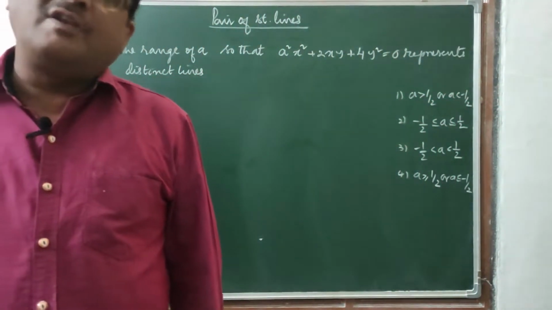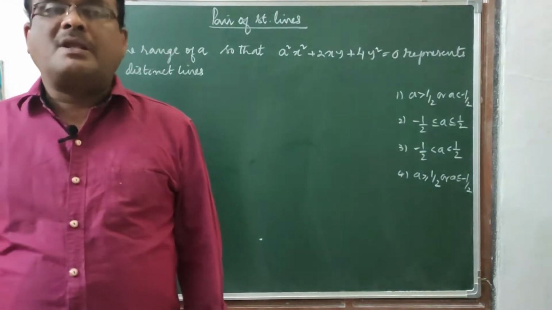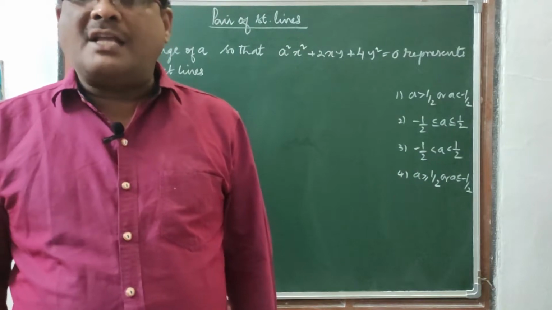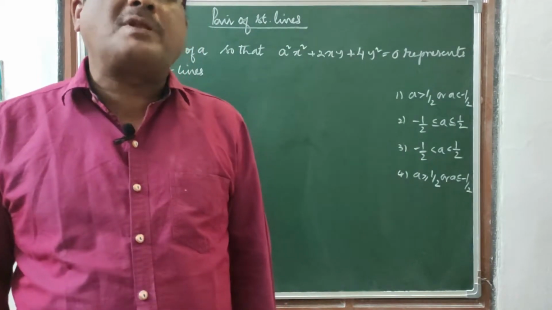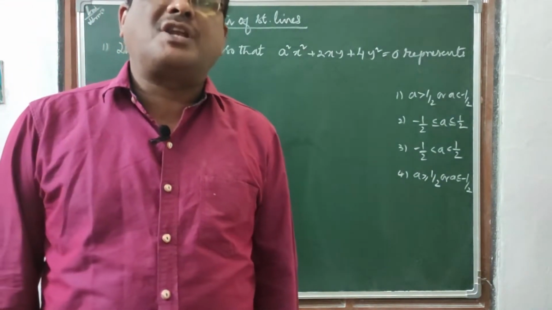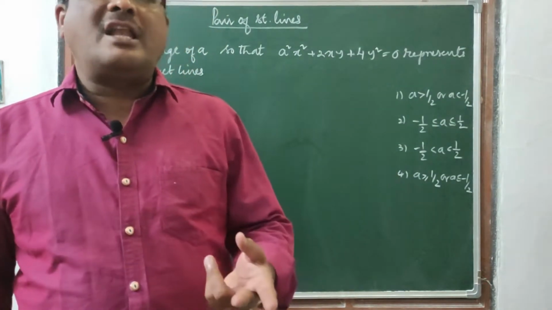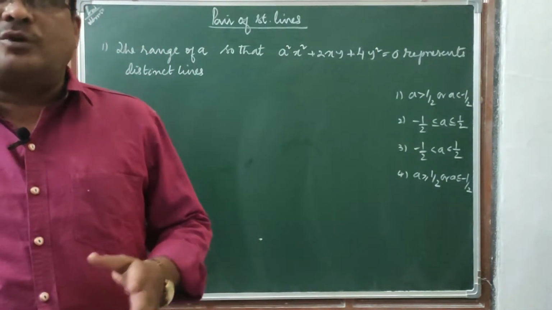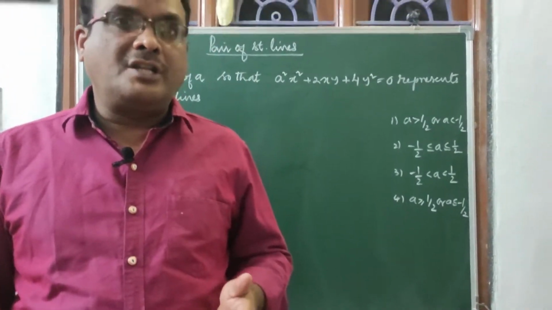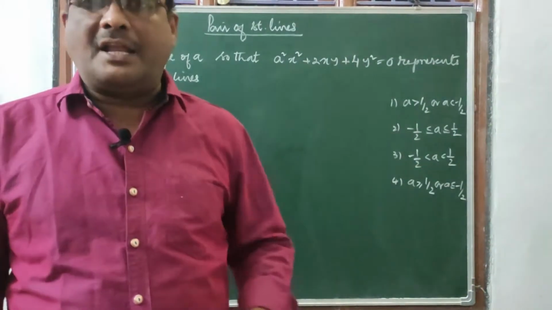By simplifying, we get y² - (m1 + m2)xy + m1m2x² = 0. Rewriting the equation as ax² + 2hxy + by² = 0, it is a homogeneous equation in x and y. When both the lines pass through the origin, that is a homogeneous equation. When both the lines do not pass through the origin, that is a non-homogeneous equation. Likewise the discussion arises.